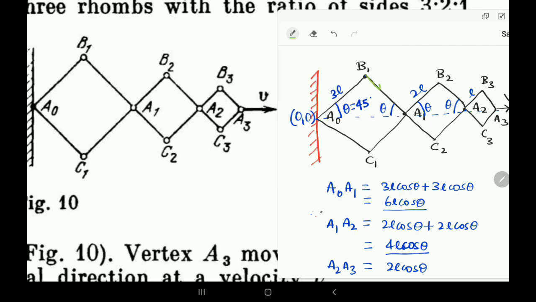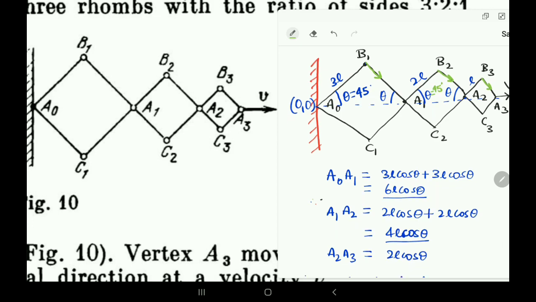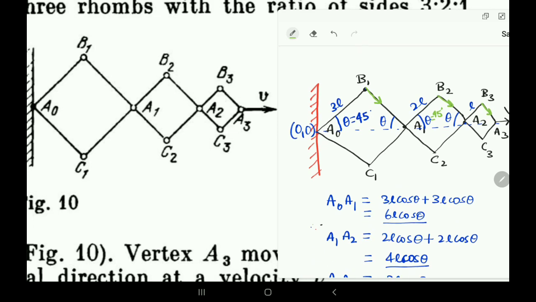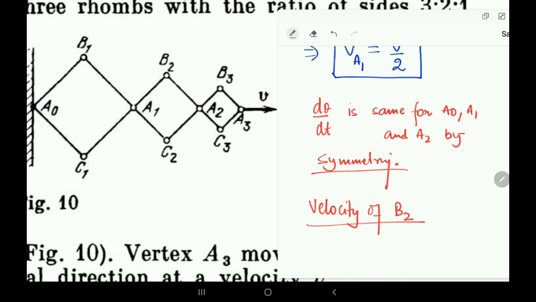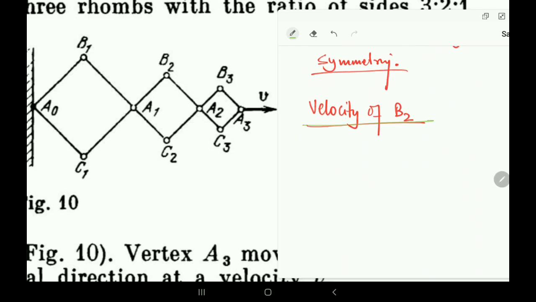So the question has asked in a position of 90 degrees. So when B1 A0 C1, B2 A1 C2, B3 A2 C3 become 90 degrees, what are the respective velocities? The question has asked at that moment. Alright. The question is also asking about the velocity of B2. So I'll calculate the velocity of B1, and similarly I'll calculate the velocity of B2. I've already calculated the velocity of the A1 and A2 joints, right?